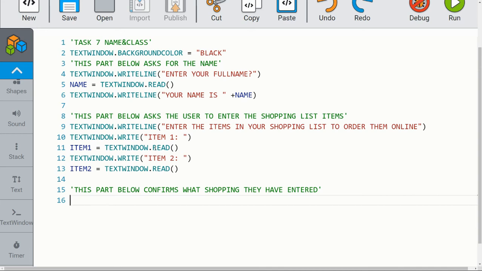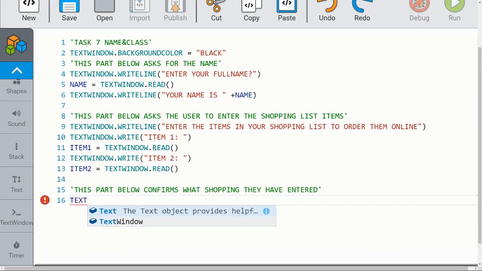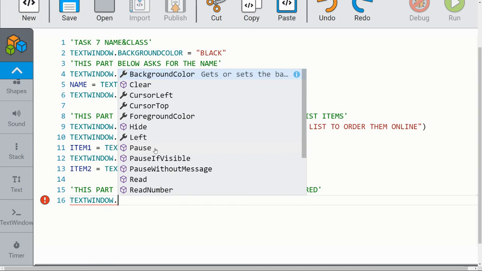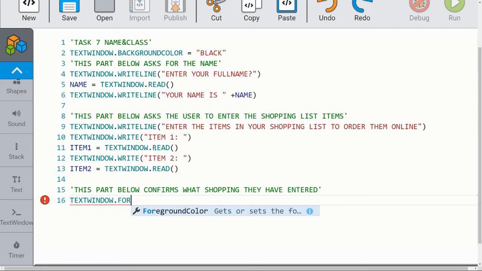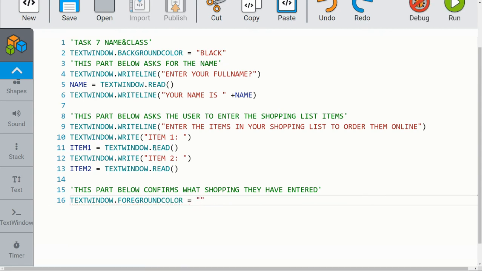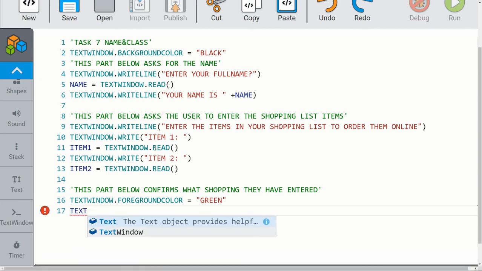For this one, I'm going to want to change the color of the text. So I want to use green. However, if you want to use a different color, you can. Text window dot foreground color, equals speech mark green, close the speech mark, and then we're going to write another line of code,